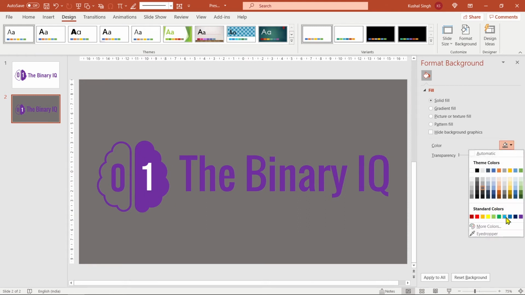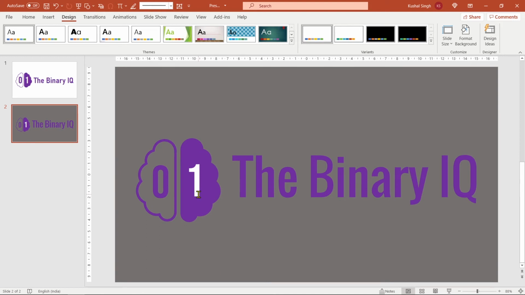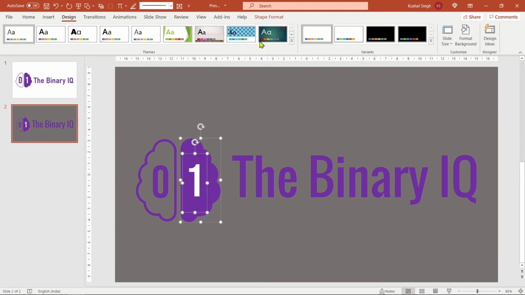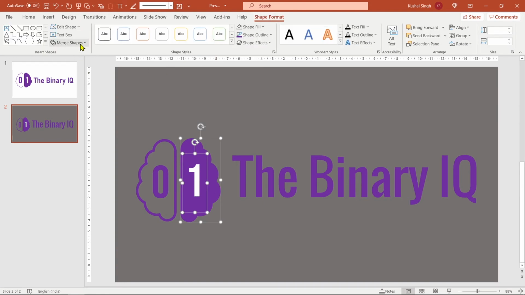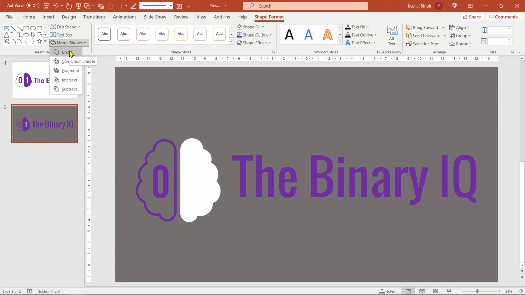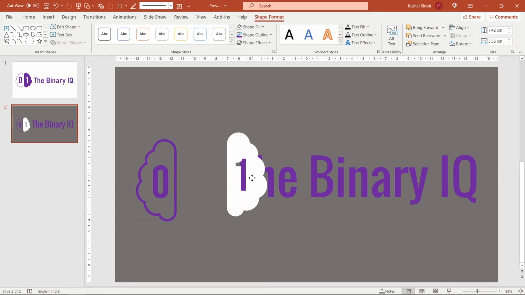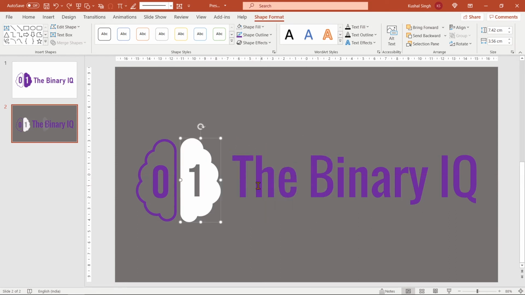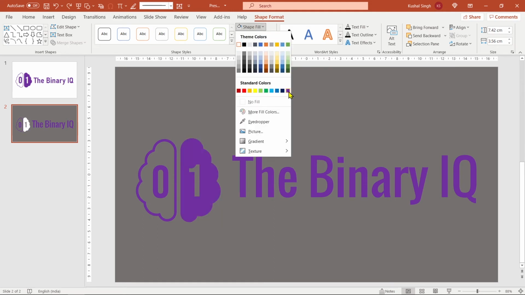In order to do that, first of all, let's get out of this format background. What I'll do is select this text. I'll also select the shape. And if I go inside shape format again, inside the merge shapes, instead of using the union option, what I'll do is go inside combine option. Now what combine does is combines the two and the overlapping parts are intersected. So now you can see this is see-through. So if I take it over the purple portion, you can see I'm seeing the purple through it. The color has changed. I'll change the shape fill to be purple again.